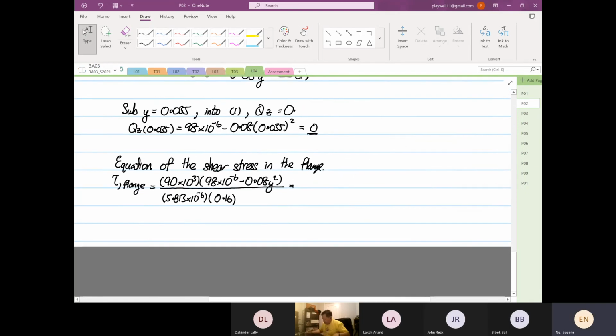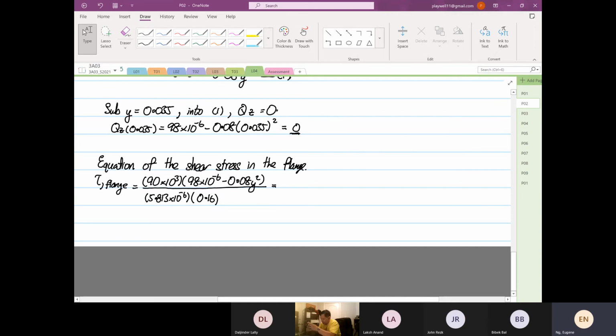And then when we work this out, 90 times 10 to the power 3 times 98 times 10 to the power minus 6 divided by 5.813 times 10 to the power minus 6 divided by 0.16 is equal to 9.483 times 10 to the power 6, minus 0.08 times 90 times 10 to the power 3 divided by 5.813 times 10 to the power minus 6 divided by 0.16, which is 7.7441 times 10 to the power 9 y squared. Okay,